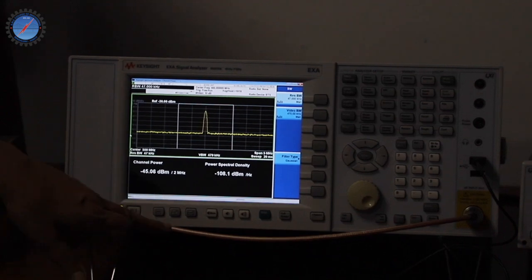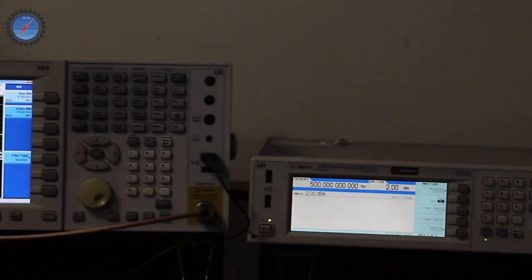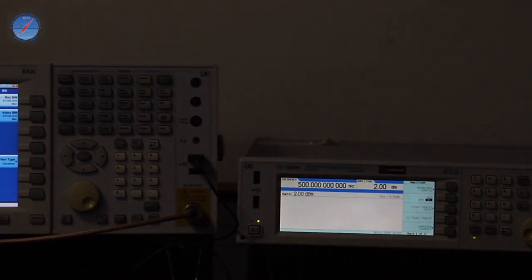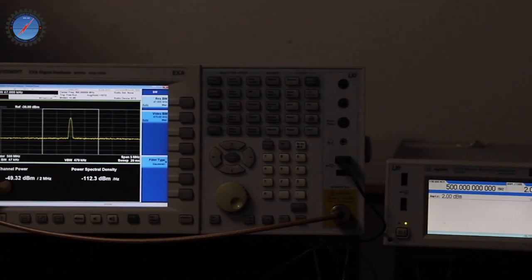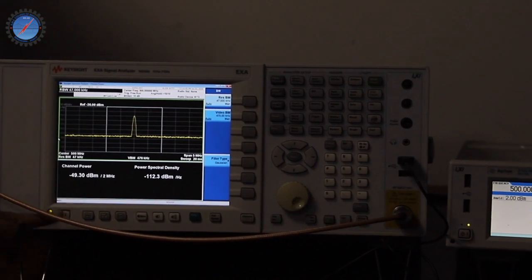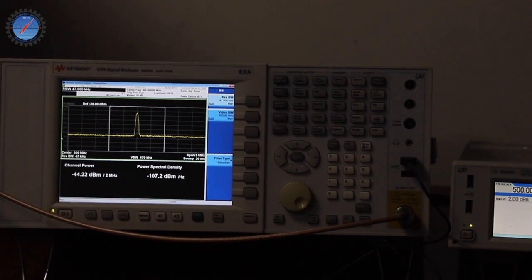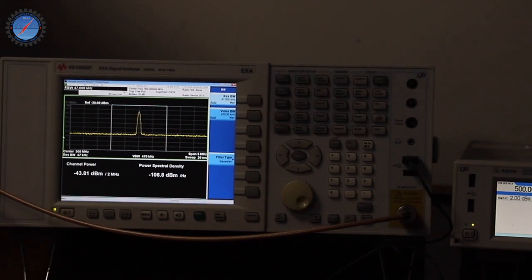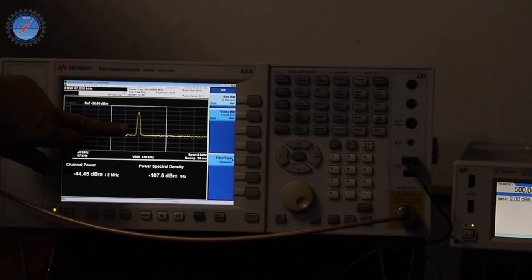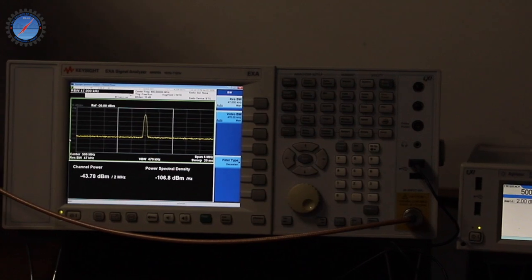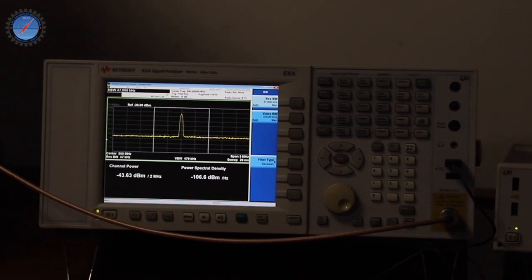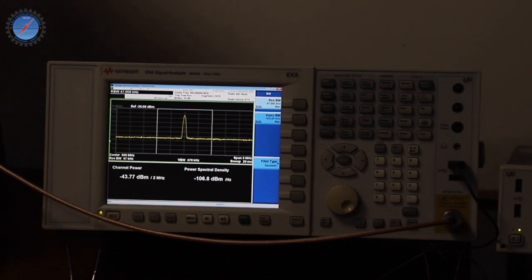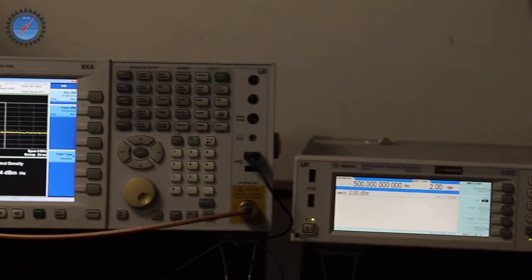Though we have sent a plus 2 dBm signal, we are receiving minus 49 dBm because of the wireless transmission and the free space loss. So this is the spectrum I have received, and then I'll show you how to set up the modulation for transmission.